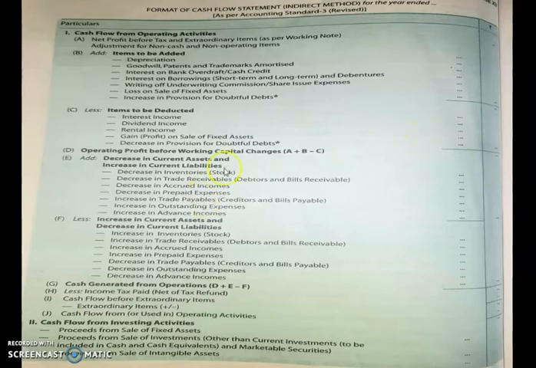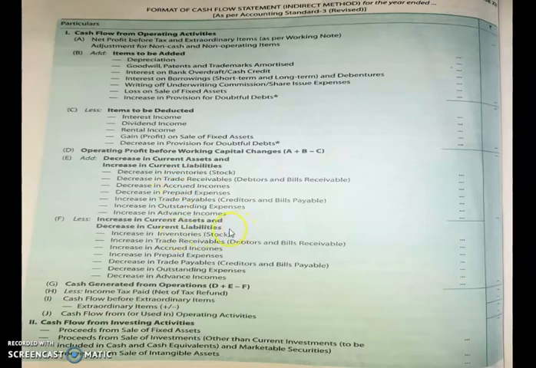The next thing you have to remember is that there are some items again that you have to add and subtract, and that is decrease in current asset. See, in the balance sheet you know that items of current asset and current liability are there. So looking into the balance sheet of 2 years, you have to find whether there is any decrease or increase in the current asset value and current liabilities value. So as per the increase and decrease, you have to transfer the items.